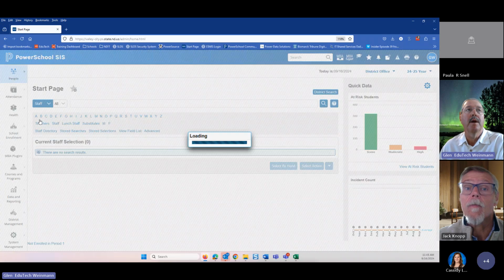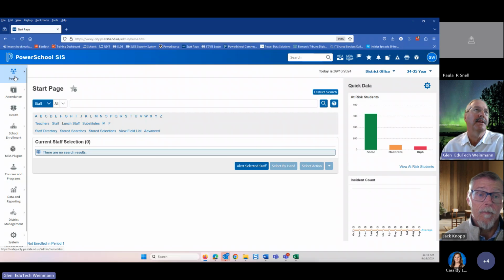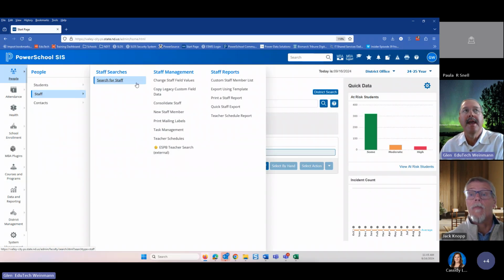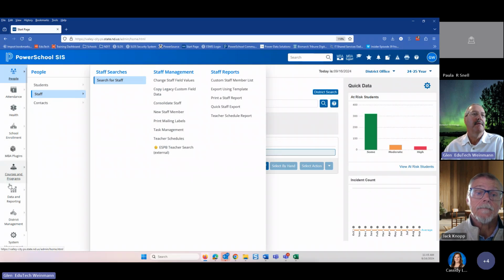Then another one was staff. Maybe you're going to add a new staff member. You get to staff and right here, ESPB teacher search. You get there and you're going, oh shoot, I'm going to need a teacher license number. Right there, the link is. Okay, that's real good. And then our other one was in,